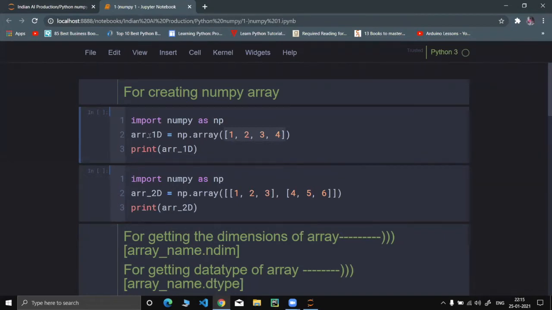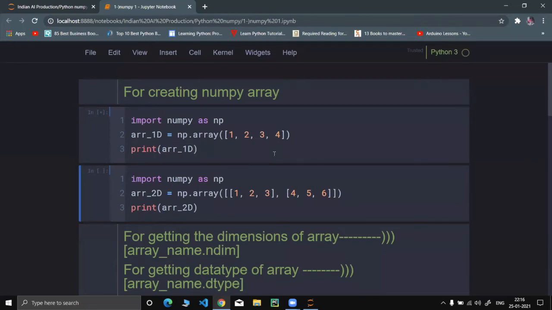So let's suppose we have created a NumPy array. The function for creating an array is np.array, numpy.array. Since we have used the alias name np, we write np.array, and inside that we pass a list, and then it will get converted into an array. Just remember one thing, guys: we have to compulsorily pass a list only inside this. Passing anything else won't work.